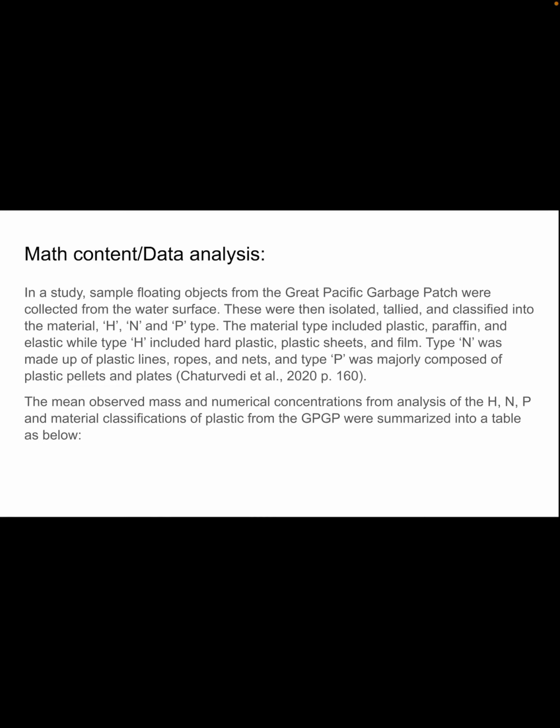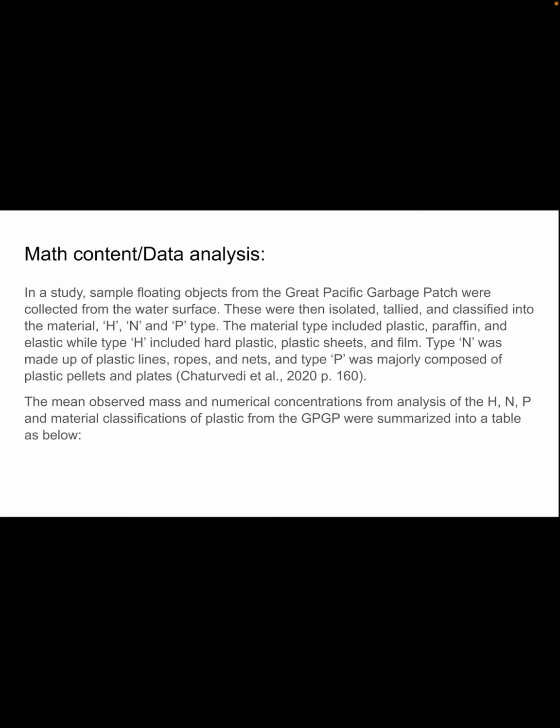Math content continued. In a study, simple floating objects from the Great Pacific Garbage Patch were collected from the water surface. These were isolated, tailored, and classified into the material H, N, and P type. The material type included plastic, paraffin, and elastic, while type H included hard plastic, plastic sheets, and film. Type N was made up of plastic lines, ropes, and nets, and type P was majorly composed of plastic